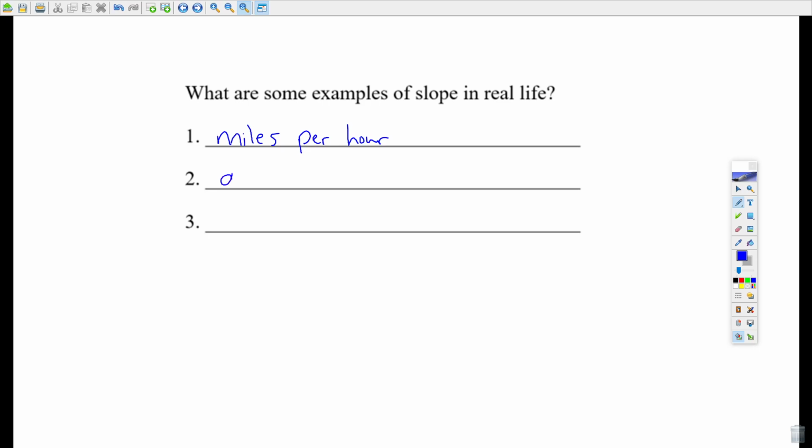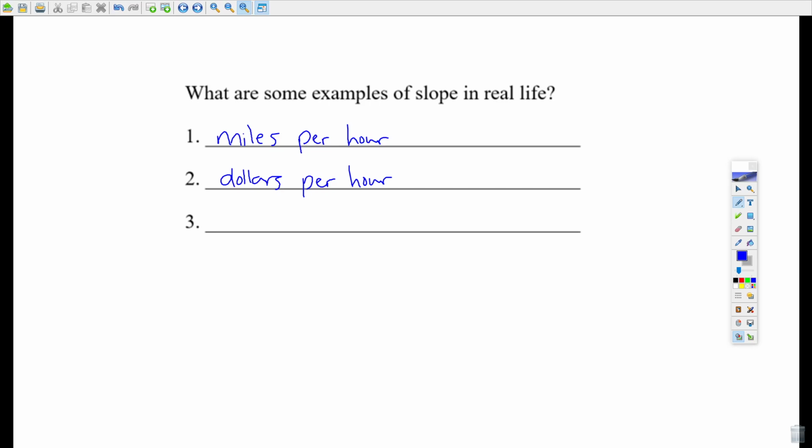How about dollars per hour? If you're going to go work a job somewhere, you get paid per hour. So it's usually dollars per hour. If you go to like work at McDonald's, it might be $7 and some cents per hour or $8 per hour. What else? You could also have,